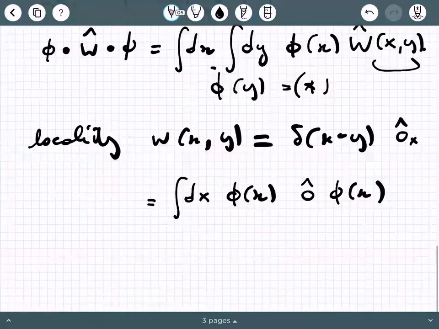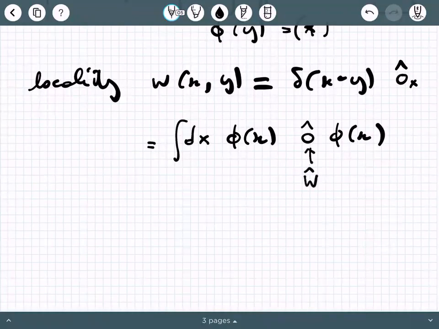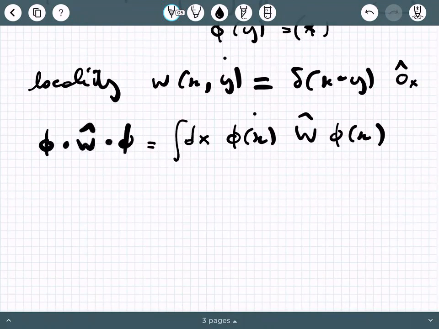So in the following, rather than call it this O, we'll keep on calling it W, and we will assume the bilinear to be in this form, okay? So in the rest of this discussion, this will be this, okay? And then, of course, J dot phi is just a